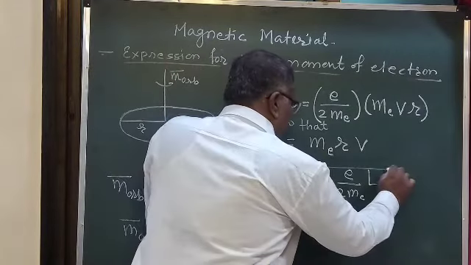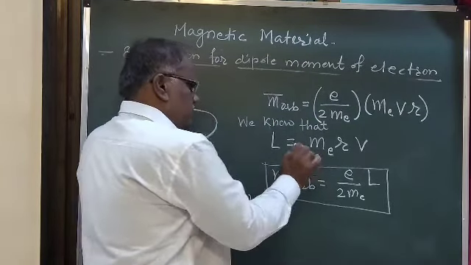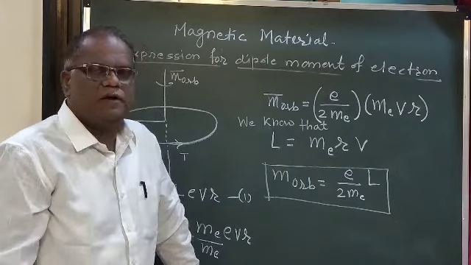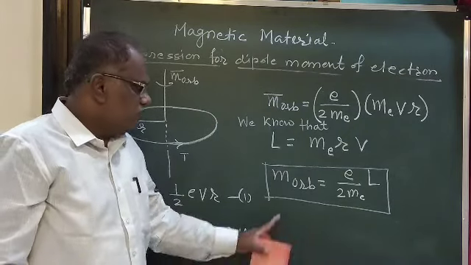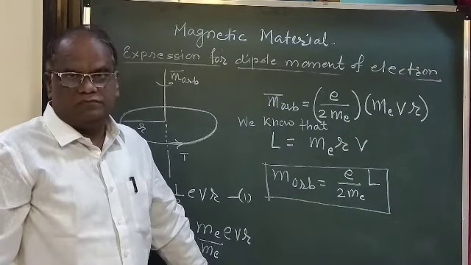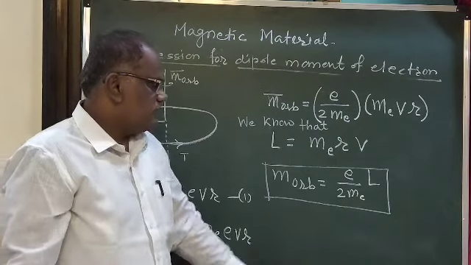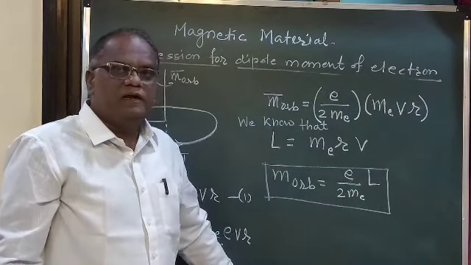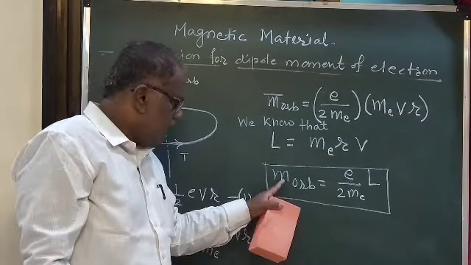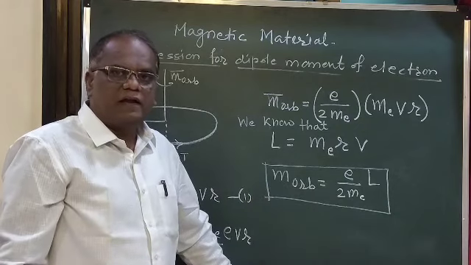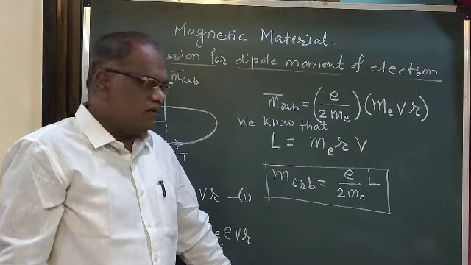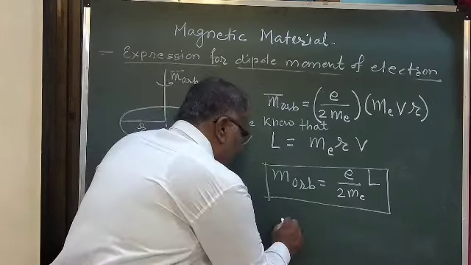Again, this equation gives the orbital magnetic moment of the electron. This equation gives the magnitude. We know that angular momentum is a vector quantity. Also, magnetic dipole moment is a vector quantity. In vector form, we can write